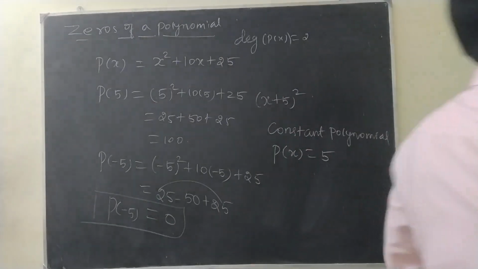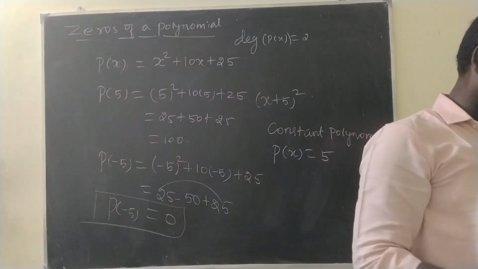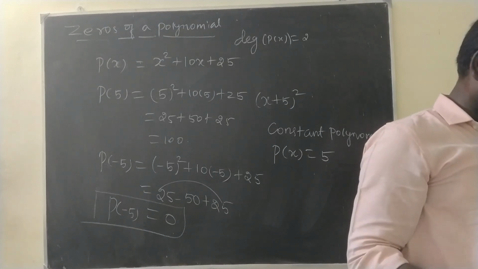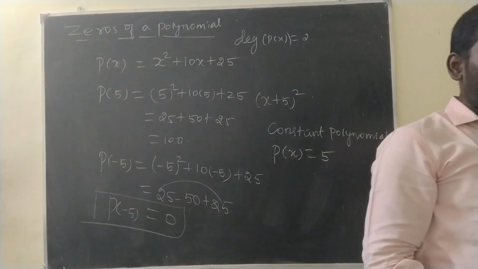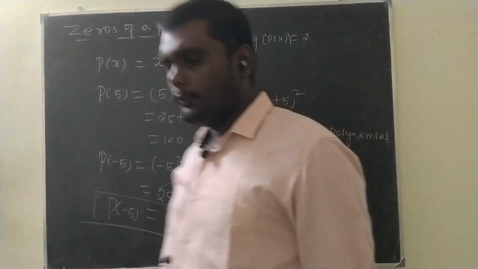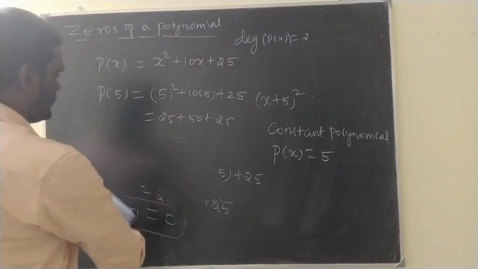Then we will proceed with this exercise. The value of the polynomial 5x minus 4x square plus 3 at, like they gave some values